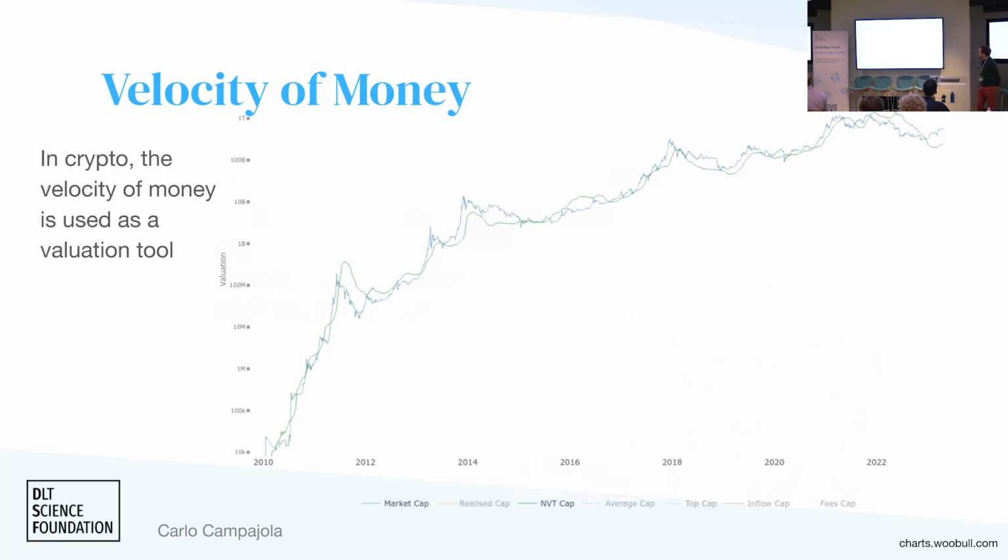Okay, so why is velocity of money interesting for cryptos and for tokens? Right, so Java talked about valuation. I'm going to talk about valuation in one slide, because velocity of money is also used as a valuation tool. You can measure the velocity of a token. In particular, here is velocity of Bitcoin, looking at the exchanges of Bitcoin and seeing how many times Bitcoins are exchanged over a given period of time. And from there, you can go to the market capitalization, the implied market capitalization at least.